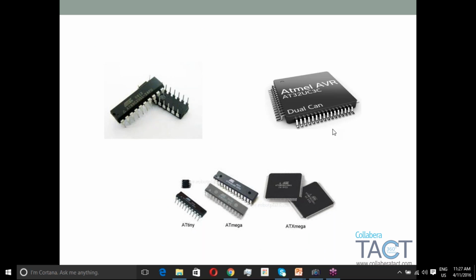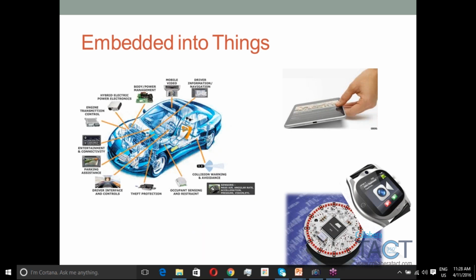Now, we don't generally see these single chip computers around us. The reason is these single chip computers come embedded into different things. Like your mobile phone or your smart wristwatch or a smart car or a smart washing machine or ACs or traffic signals or ATM machines. And these are the examples of embedded systems. An embedded system is defined as a system which has a computer embedded into it. We are surrounded by thousands and thousands of systems in which these single chip computers